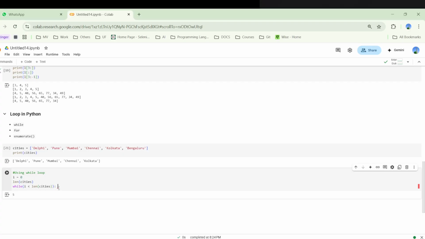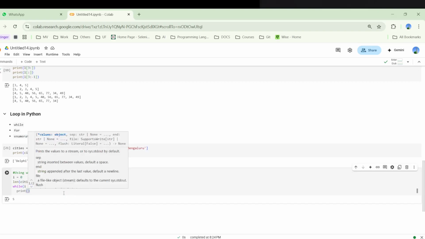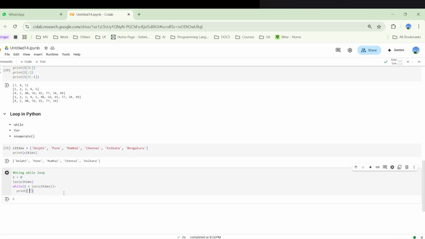Now, to get the data printed, we know we can print the data with their indexes. We have already understood that in the above lines. So now we can say print cities, and I can print with the indexes. Whatever the i value will be, it will print by that index. If I run this code now,